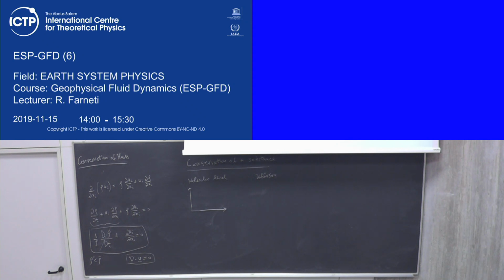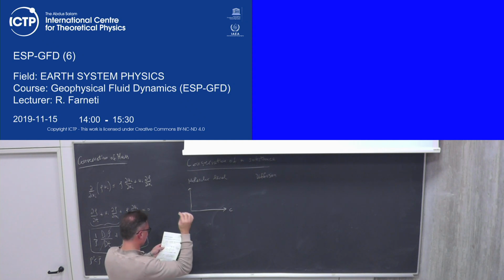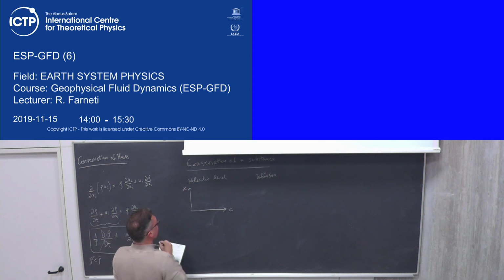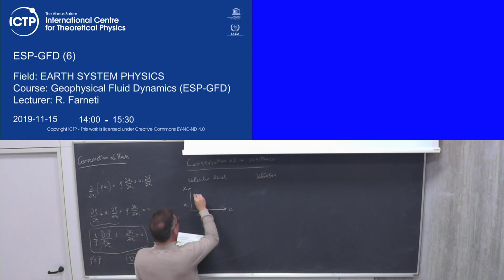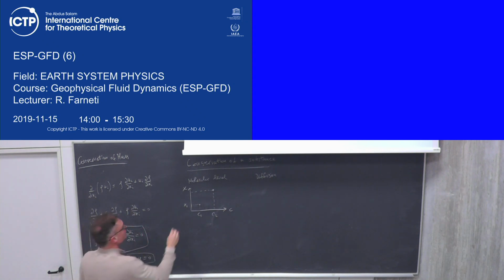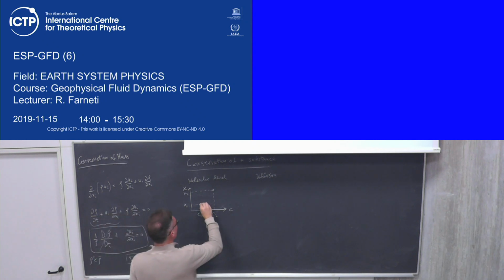So we'll get to the advection diffusion equation. So a tracer can be advected and it can be diffused. Okay? So if you throw some milk in your coffee, it can be advected if the coffee is moving, and the milk can be diffused in the coffee. Okay? So let's say this is my concentration, some substance with some concentration C, and this is space. Okay, so it starts with some concentration C1 in space x1, and because of diffusivity, you might go to some concentration 2 at space x2. Okay,